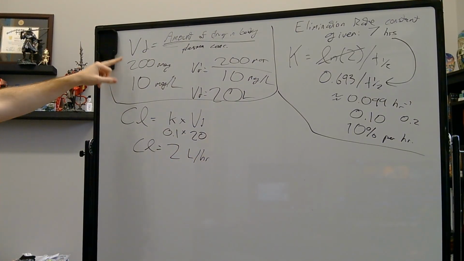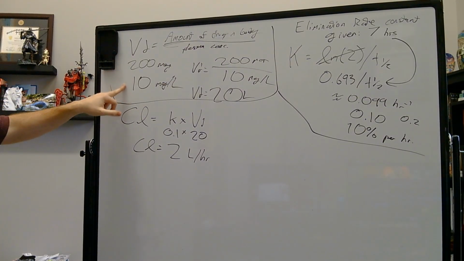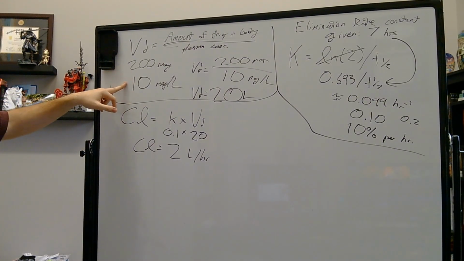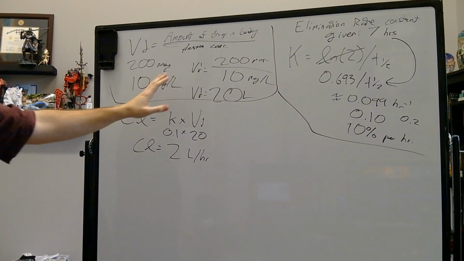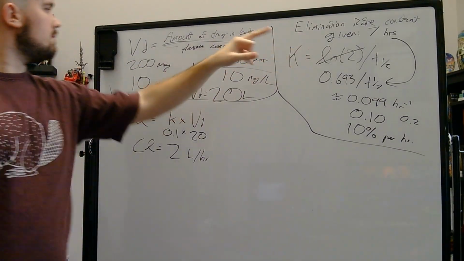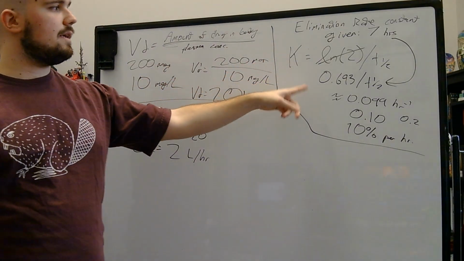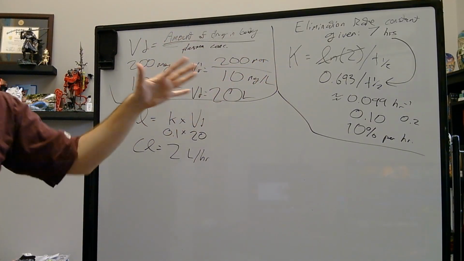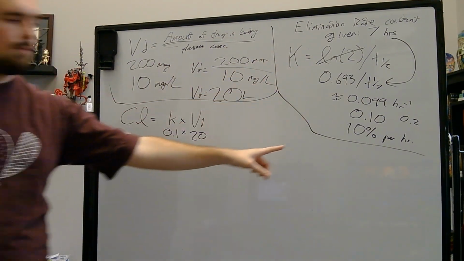So this drug, which you gave 200 milligrams of, immediately after giving it had a plasma concentration of 10 milligrams per liter, so we knew it has a volume of distribution of 20. Then we were given a 7-hour half-life, so we were able to calculate the elimination rate constant of this mystery drug as 0.10, so 10% of the drug is gone